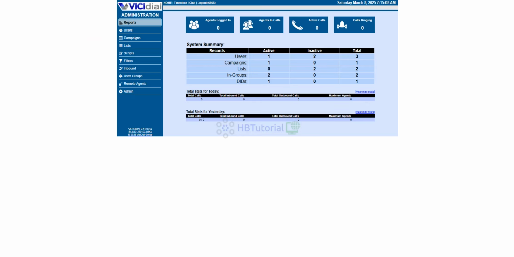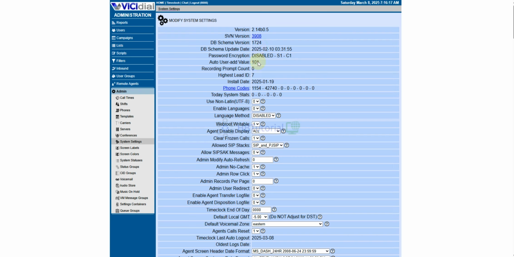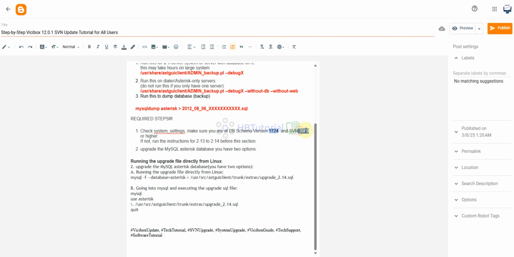To check that, you need to go to admin, system settings. You can see here the VICIdial version 14, and the SVN version 3908, and then the schema is also 3908.